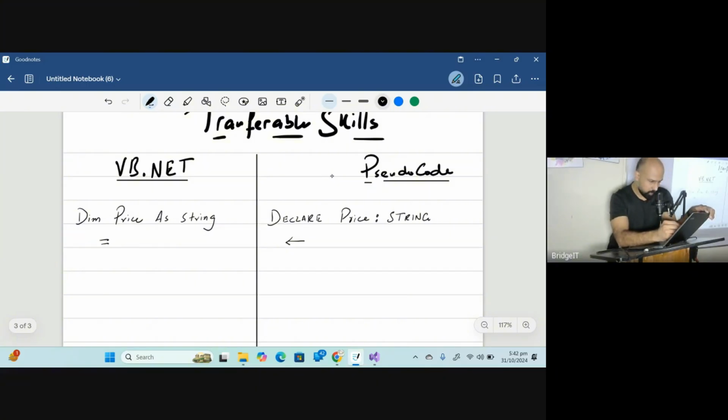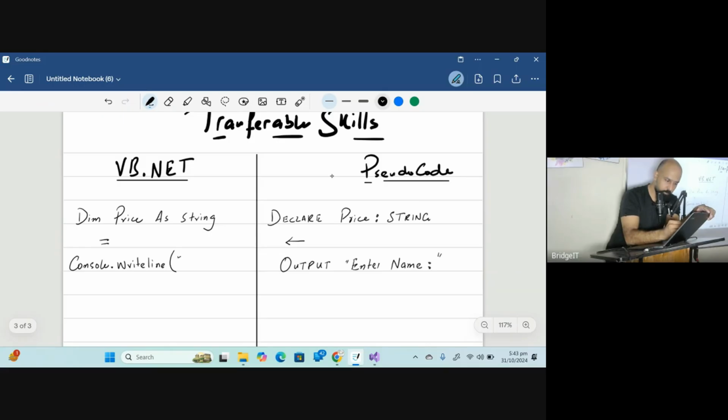To output the data in pseudocode: output, enter name, in double quotes the message. In VB.NET, to output a message, we have to write Console.WriteLine, the message.